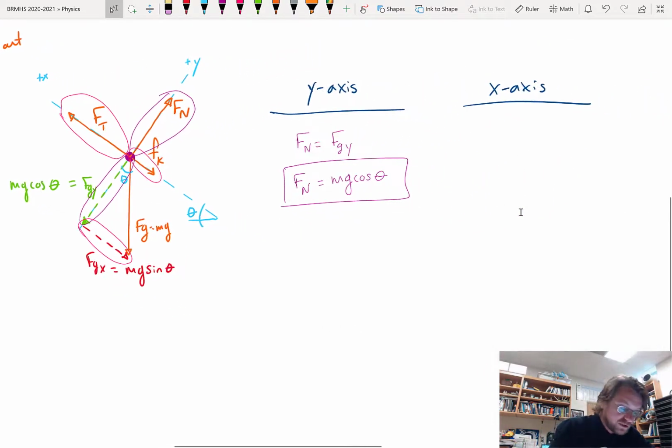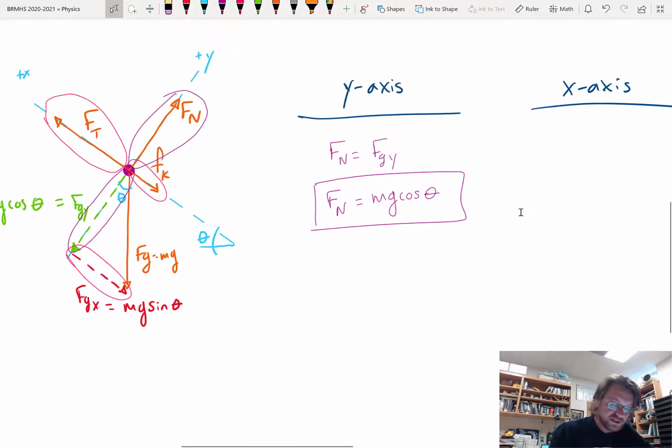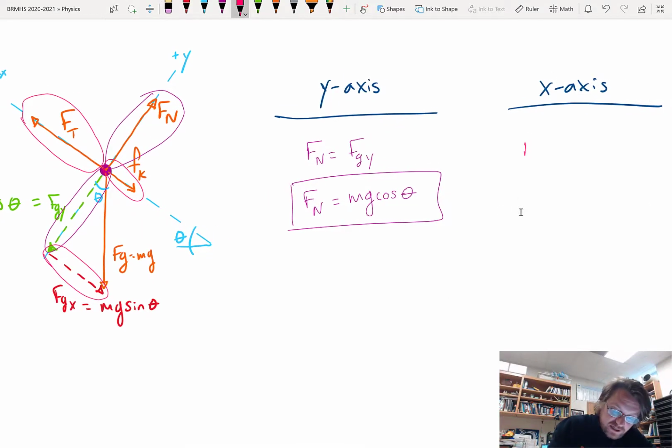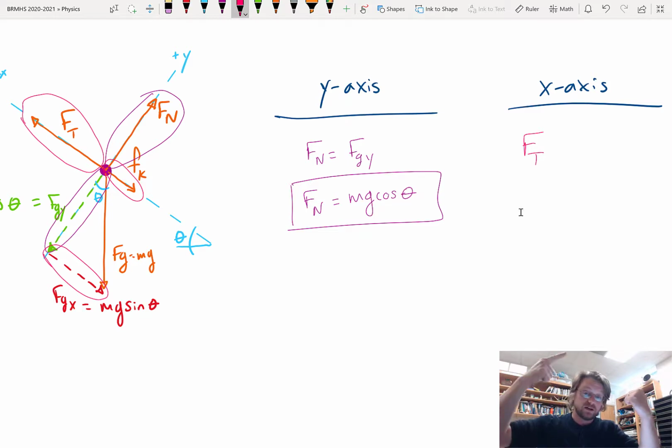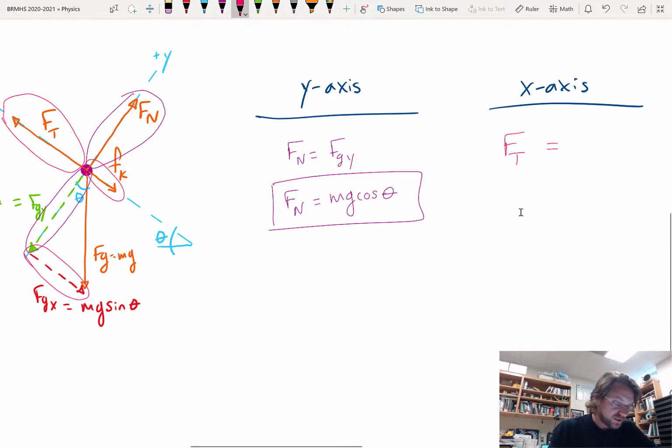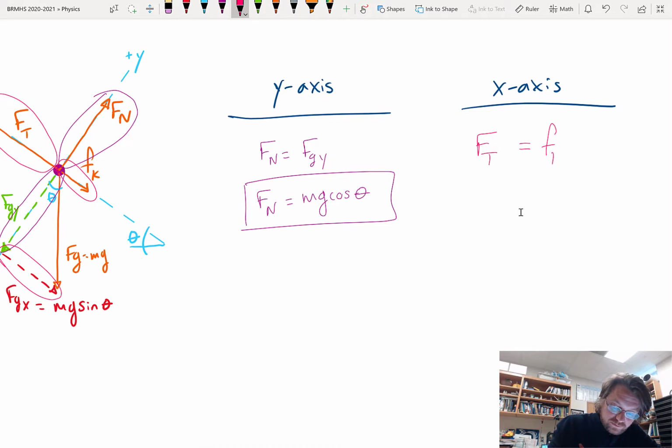So when we come over here, I can say, what forces need to balance? Well, I've got tension force pointing up the incline. So that's a force going up the incline. And then I have two forces pointing down the incline. Kinetic friction, Fk, and the red x component of gravity, which is mg sine theta. So I've got force of tension in one direction. It needs to balance with the other two forces going in the other direction. So Ft equals the kinetic friction